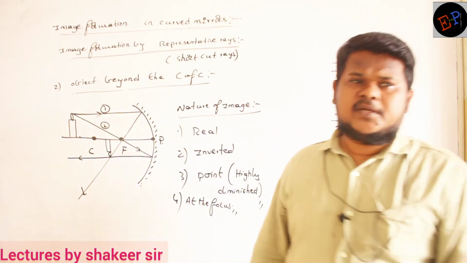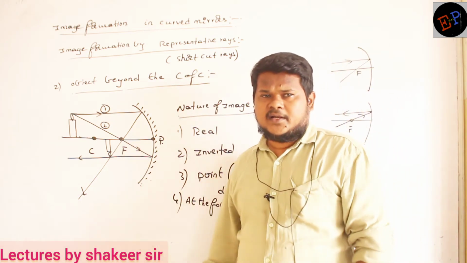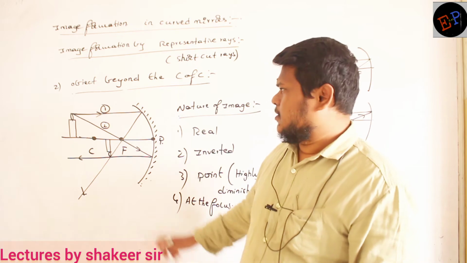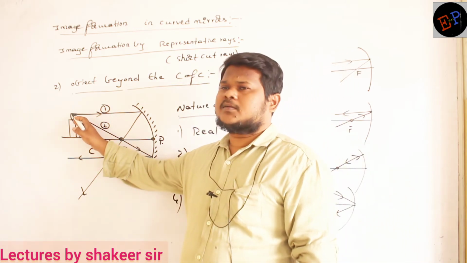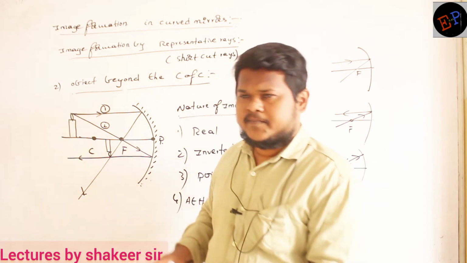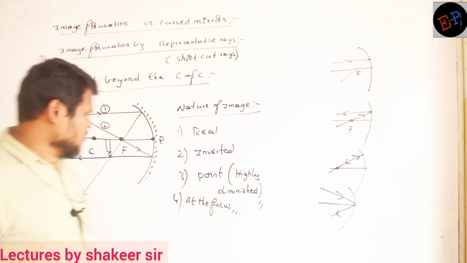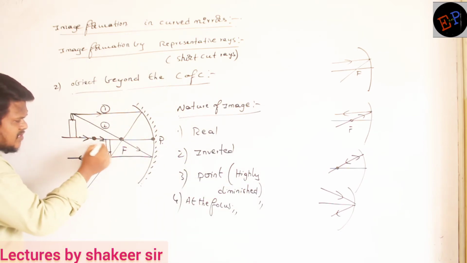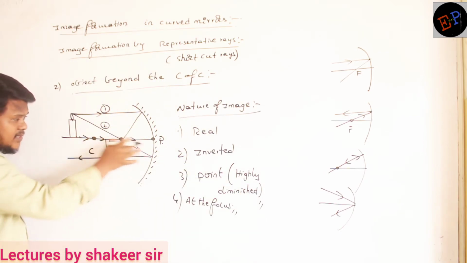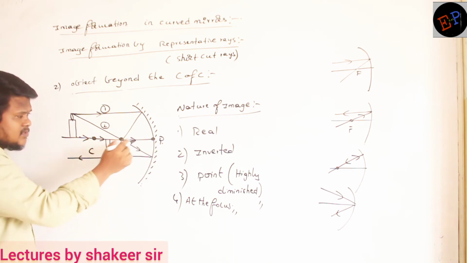How can I say it is a real image? Because this image is created because of real light rays, no ma? See ma, these light rays are passing from the head of this lamp. So the head will be created here. Okay. So if you take this representative ray number 3, one light ray should be passing from the base of this candle also, no? One light ray is passing through the base of the candle, but it is passing through the center of curvature. So it will retrace the path.